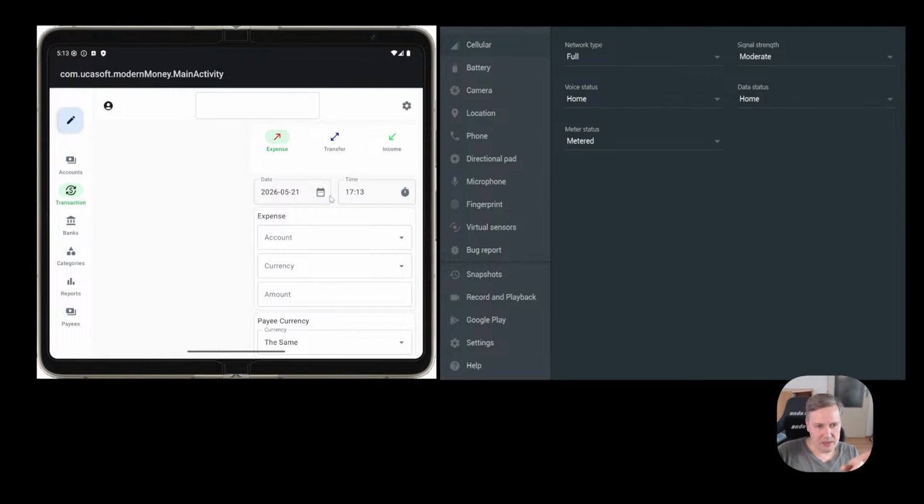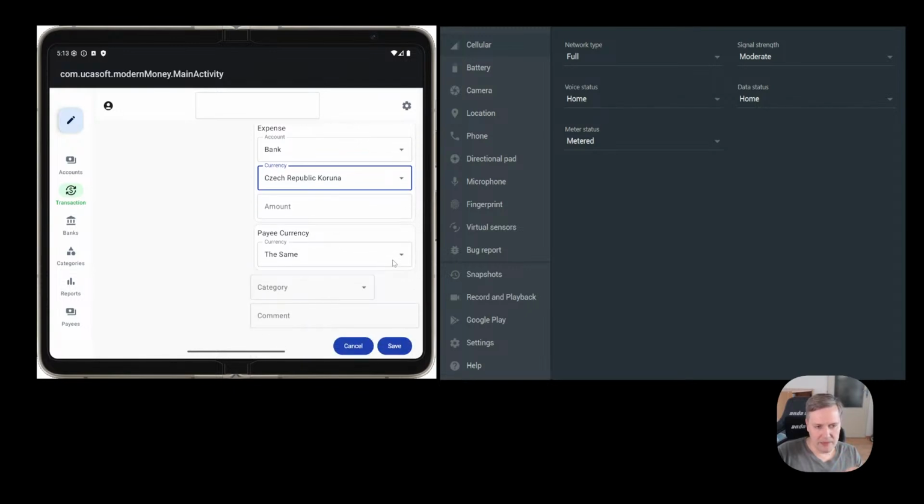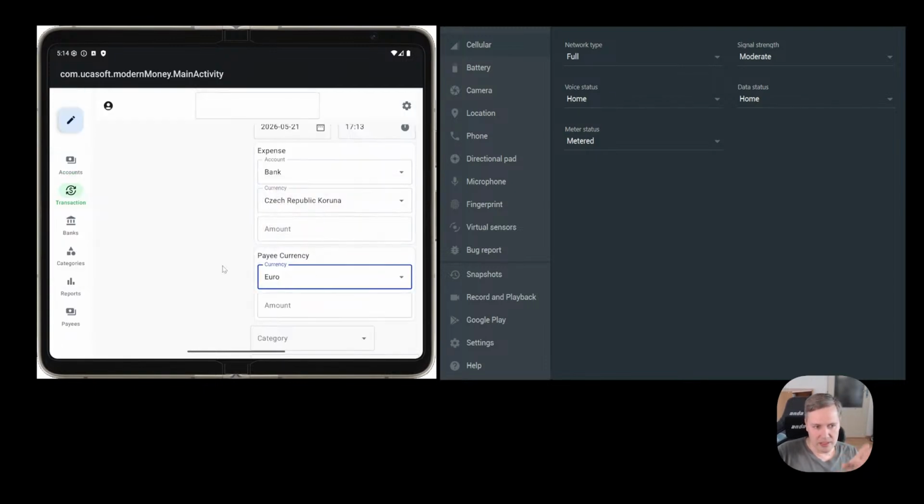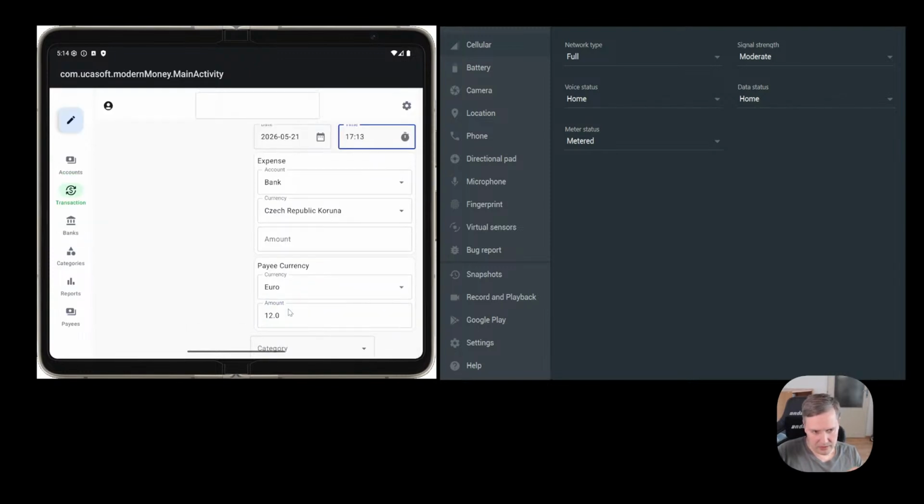For example, we selected a bank account and we pay in Czech crowns. But for pay, if it's the same currency, we do nothing. But let's imagine we pay in euro, and we spend 12 point